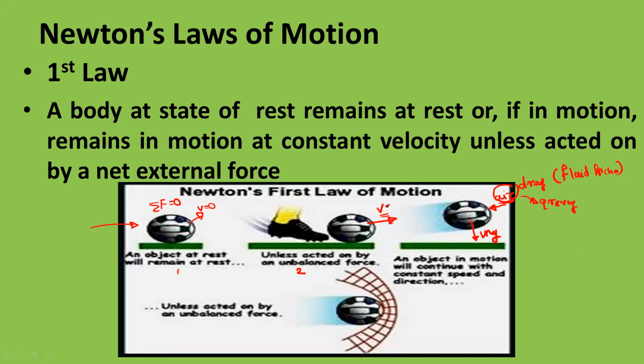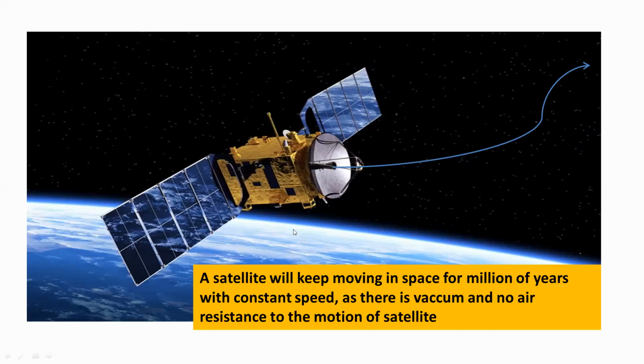Suppose the initial velocity is equal to 20 meter per second. After some time, its velocity will become, let us take, 5 meter per second. And after some time, it will become 0. This happens because there is continuous air resistance and the gravity force. And if the gravity force and the air resistance are both 0, then it will maintain this velocity of 20 meter per second for infinite time. So this is Newton's first law. Here an object will maintain its initial velocity for infinite time.